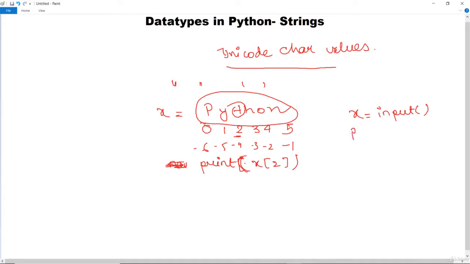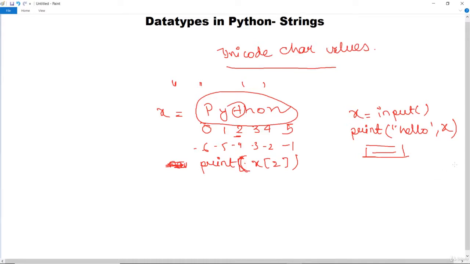Then if you write print hello and x, which has been entered by the user, in the output it will first ask you for a string, or any set of characters, and then it will print hello followed by the characters you entered. Let's say any name, Amit. If you have entered Amit, then it will print hello Amit. So this is how strings work in Python.